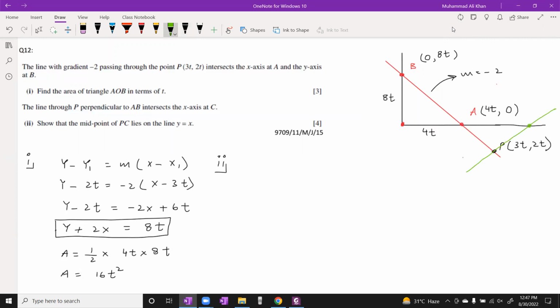Intersect the x-axis at C. The line through P perpendicular to AB intersects the x-axis at C. डायग्राम समझ में आ रही है? जो लिखा हुआ है वही बना है. Clear? Now,